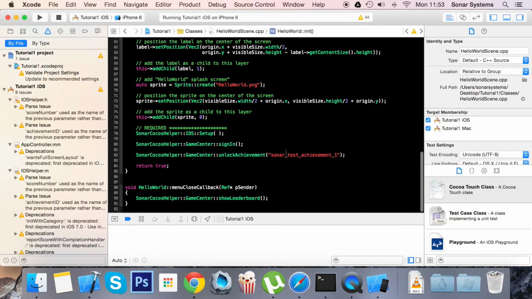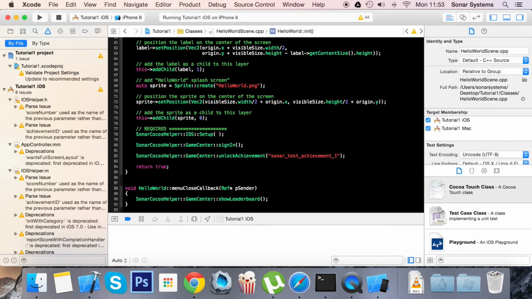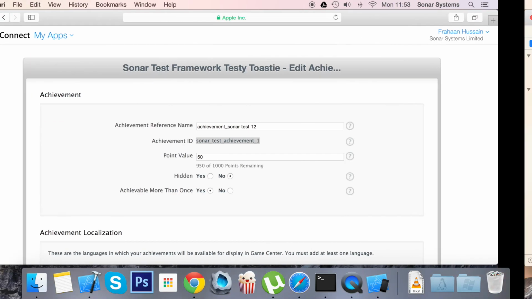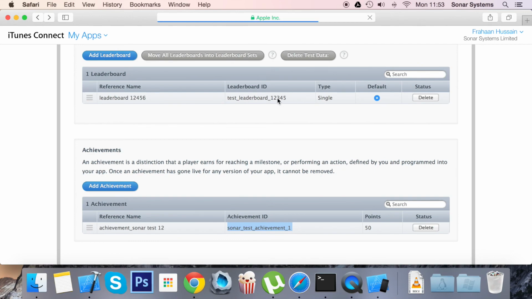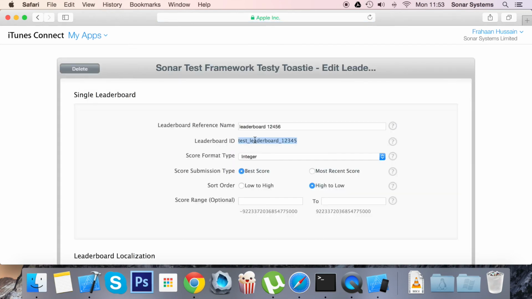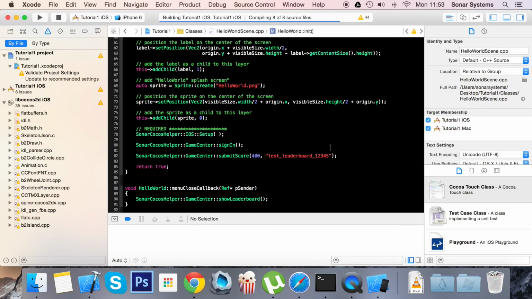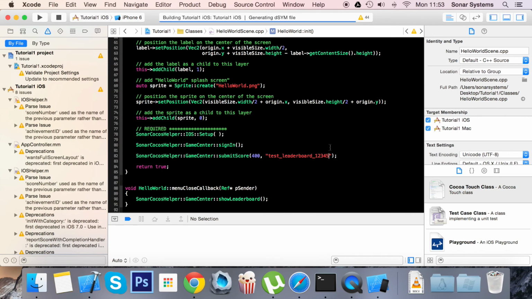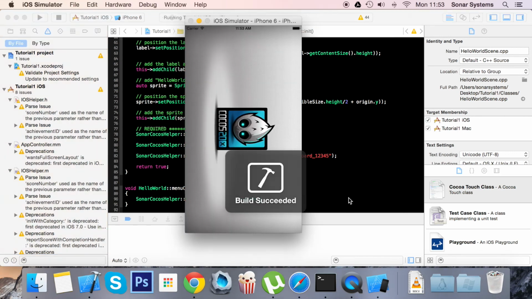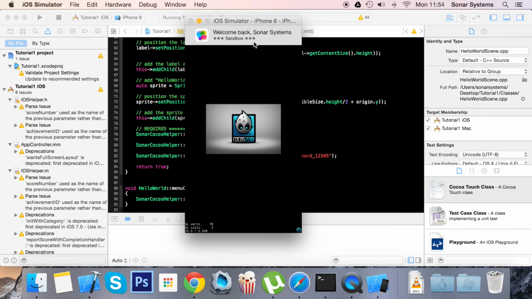Now we're going to show you how to submit a score. Again, it's really simple with our helper. You want to do submit score. The score I'm going to submit is 400. And for the leaderboard ID, I'm going to get it from iTunes Connect. It's this one right here. So let's run this in the simulator. So it's signed me in. And let's just wait a few seconds for it to properly submit. It should be submitting now. If I click this button,